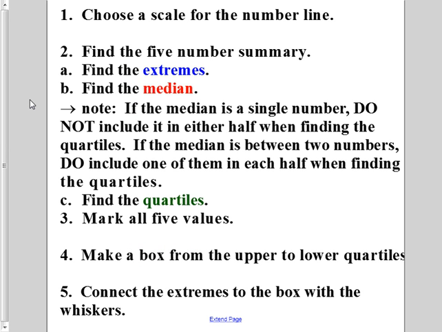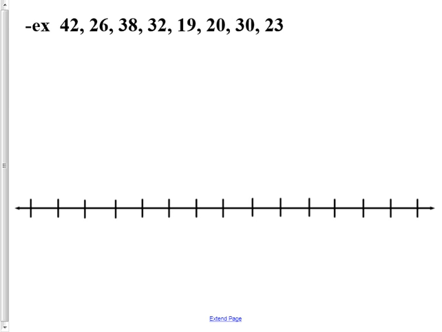All right, now that you've had a chance to look at that, let's go ahead. You may want to refer back to that. So if you want to, write our next pieces of data that we're going to work with down and then come back to this so that you can look at the directions while we do it. That's perfectly fine. So our first set of data, the first thing we're going to want to do is put